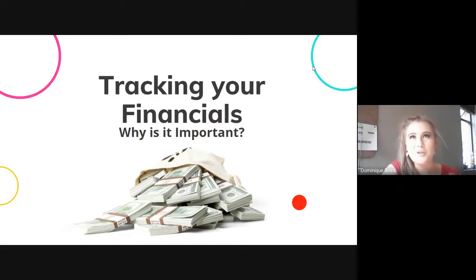Tracking your flow of income and your expenses will help you to know if you can afford to take on new employees, if you need to cut your budget, if you need to build a better, more realistic budget. It'll help you to know if you want to change a product or a service that you're offering because it's not selling. So maybe you have blue shirts and red shirts that you're selling, and you realize that,